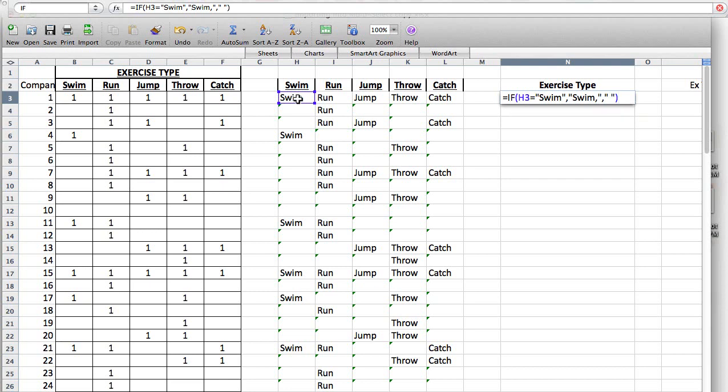This if statement refers to the first box in the H column. Each column is going to have its own if statement, and we're going to connect these if statements by the use of ampersands. So, ampersand